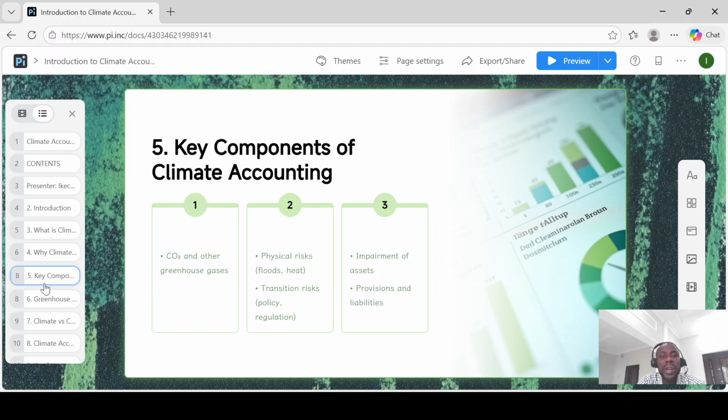What are the key components of climate accounting? CO2 and other greenhouse gases. What are the other greenhouse gases? We have nitrogen oxide, sulfur hexafluoride, methane, perfluorocarbons and hydrofluorocarbons. These are the greenhouse gases that have a major impact on the business